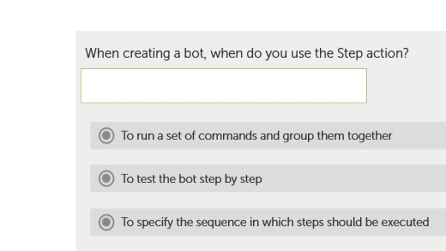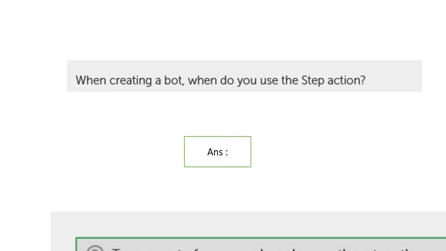In what situation can we use them? Step out and step in options will be used to run a set of commands and group them together. If you want to run setup commands and group them together, then you can use stepping actions.